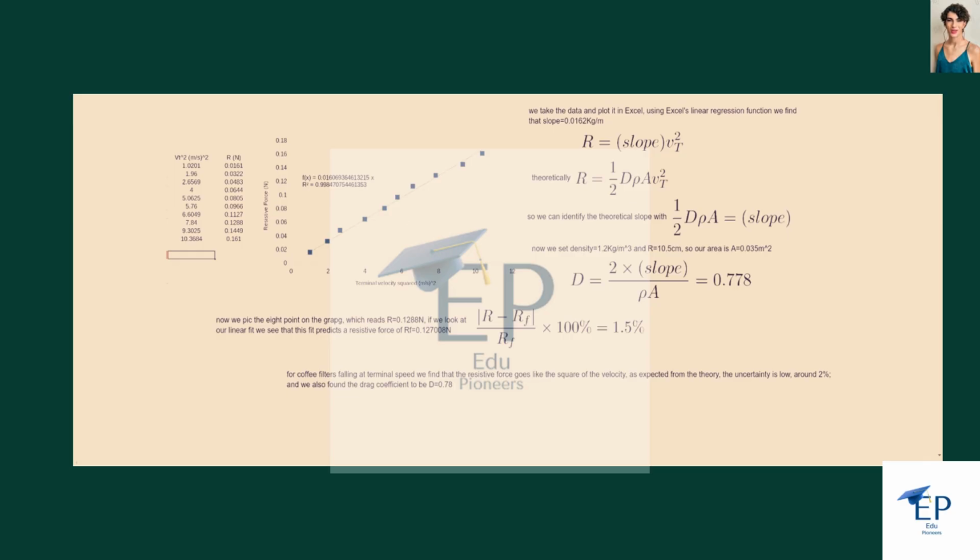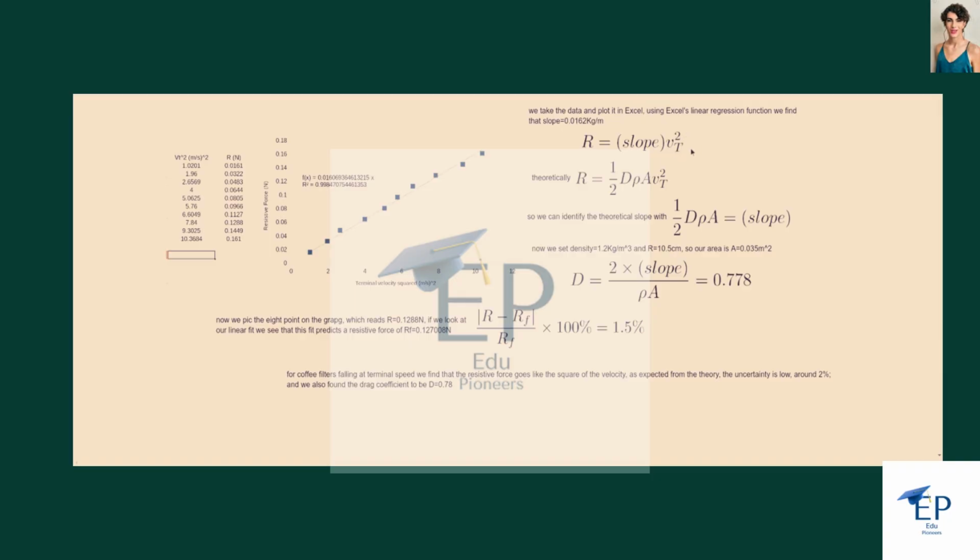And using Excel's linear regression function, we do a linear fit on this data, and Excel can give us a best fit. So this best fit we see is here. It's R equals the slope times x, where x is terminal velocity squared, and we find the slope through Excel to be 0.0162 kilograms per meter. So for this, we also say that the resistive force has this form, proportional to terminal velocity